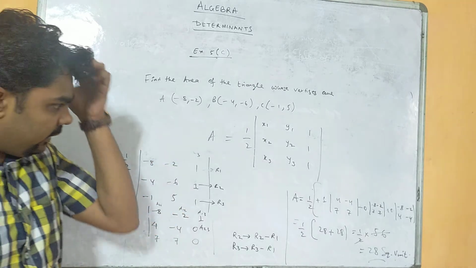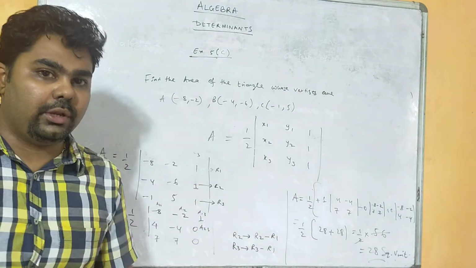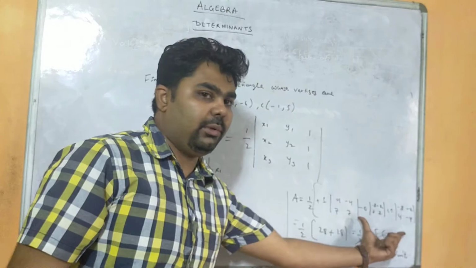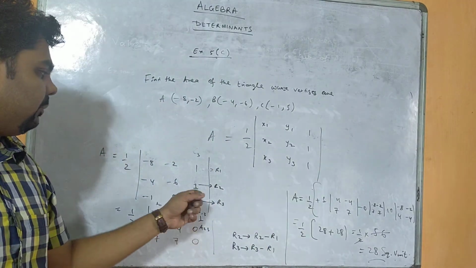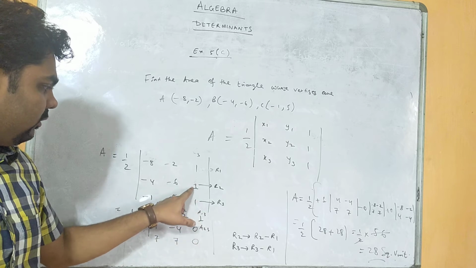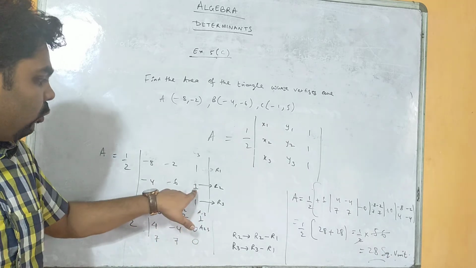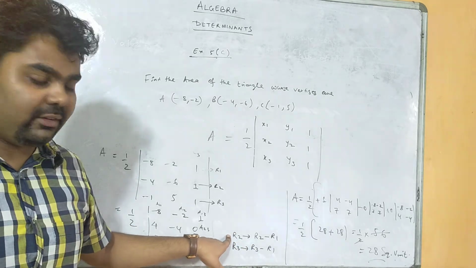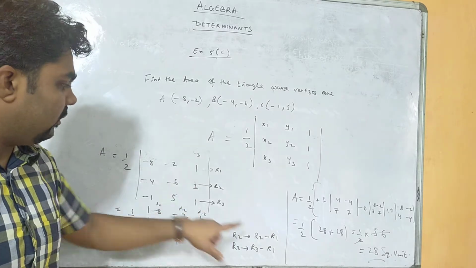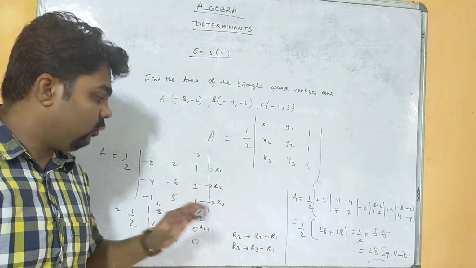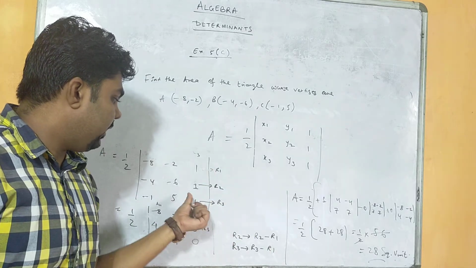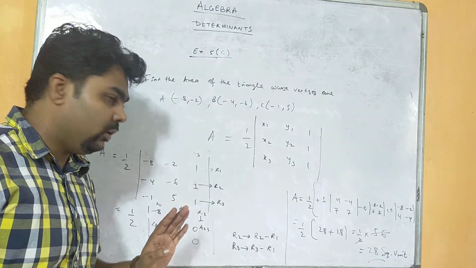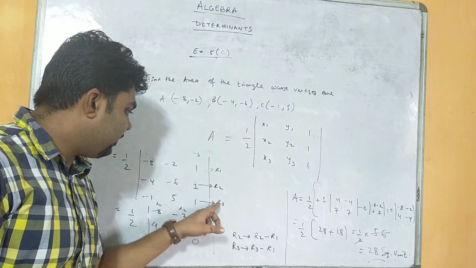Now we will see that in our formula we have 1 1 1 in column number 3. So in column number 3, out of the three 1s you have to make two 0s, so that our calculation will be easy. Out of the three 1s, row 2's 1 and row 3's 1, we are making them 0. So in order to make this 0, what operation do we have to use? R2 arrow, that means we are making a change in R2: R2 minus R1, that is 1 minus 1. Okay, so 1 minus 1 is 0, so we are writing here R2 minus R1. Similarly, I need to make this one 0, so R3 arrow, 1 minus 1. We could have done R3 minus R2 also.